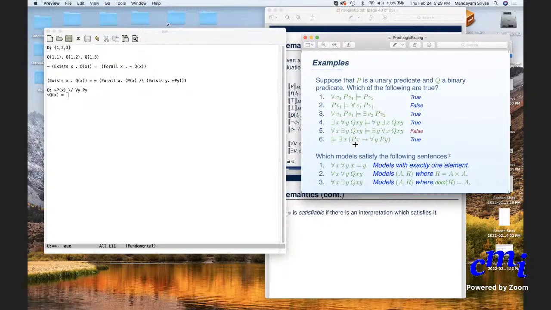In any model, either P is true on every element, or there will be one or more elements for which it is not true. Let's take the second case: there is at least one element for which in the model P is not true,